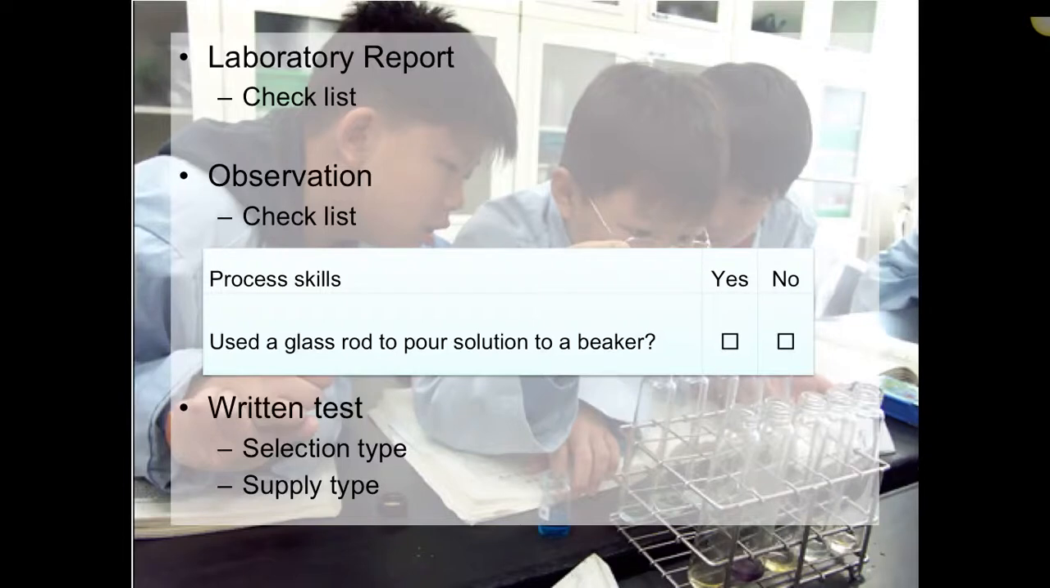Your observation checklist, you can have this kind of question to